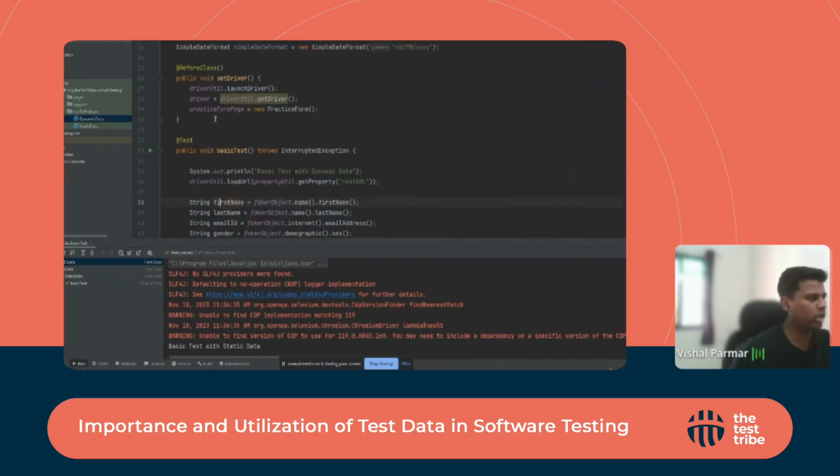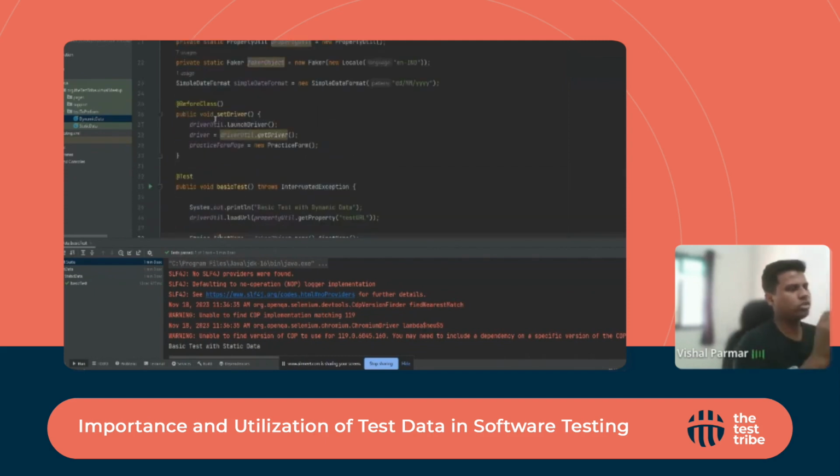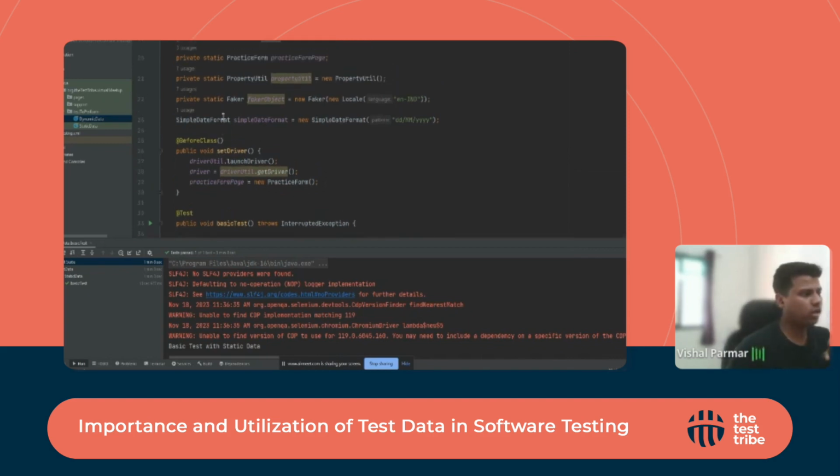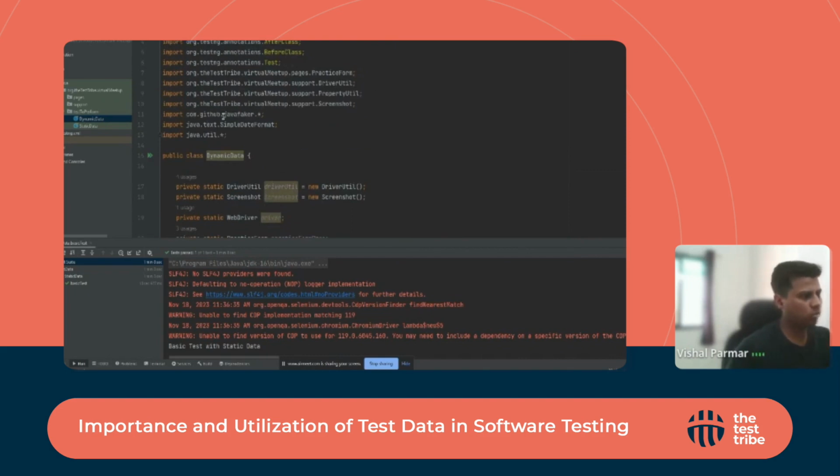For that, we are going to leverage Faker, which is an entity in Java, and it can be used in other languages as well, be it JavaScript, Python, or Ruby. So it has compatibility with various languages, and it provides a vast platform for us to create multiple things. By multiple things, I mean user details, credit card details, birthdays, even pictures and avatars,